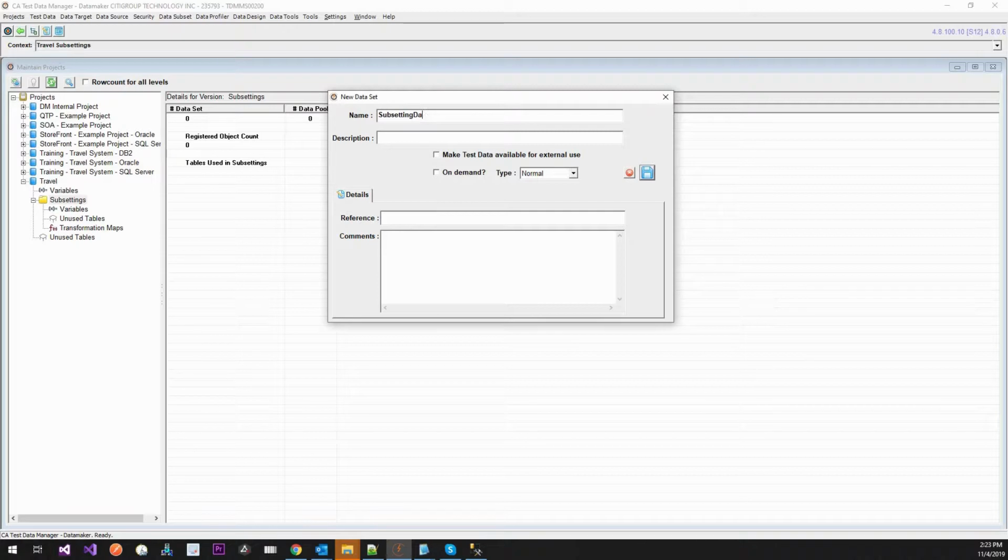We're going to say subsetting data set. Now, I like to use my names in here so you can see in a little while. If I change it here to subsets, that means everything within this data set is a subset. But I don't want to do that. I may have different pools doing different things. So we're going to save